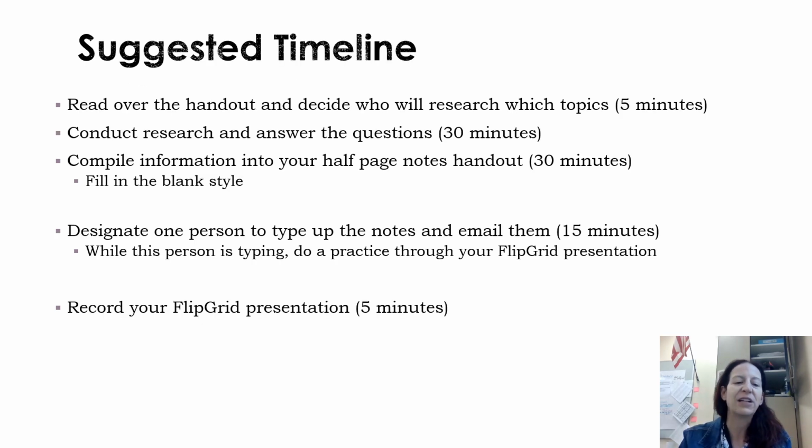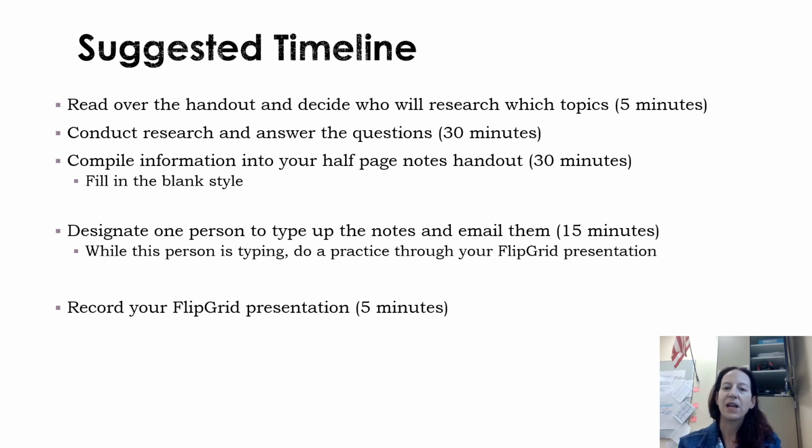All right, suggested timeline. So this is how I think this should work in a 90-minute class period. Read over the handout and decide who will research which topic. That should take about 5 minutes once your team has the handout or once you've pulled it on your team. Just go over that and see, and you can chime in like, I'll do super glue. I'll research, I don't even know what else is on the list, but you decide what you're going